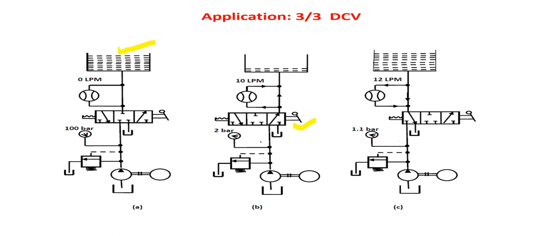Whenever this particular position is off and the detent is actuated, this is the detent retract. That means whatever force you put with the help of this lever arm will not last too much. Whenever enough fluid is available in the tank and you want to drain that fluid, then this position is actuated because of this detent. This will allow the fluid to return back to the tank.